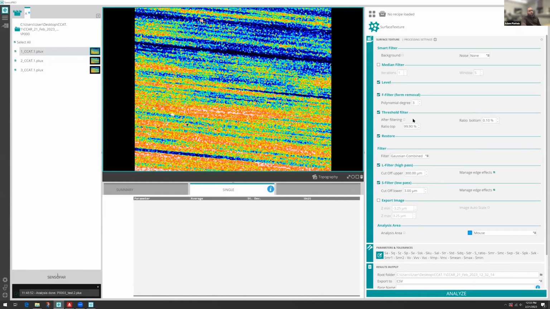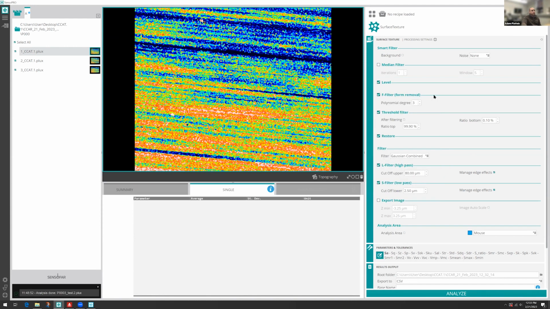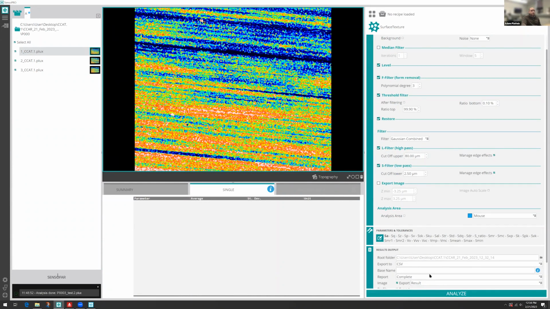And from here, you have the ability to apply any of your filtering. Maybe we'll do an 80 for the L filter and a 2.5 for the S filter, and set any of the parameters that you're looking for in the ISO. So for example, Sa tolerance could be set between 1 and 10 microns, or to whatever surface roughness value you're looking to isolate. But the point of this software is that from the initial acquisition to this final step where I hit analyze, this can be completely turnkey, where an operator simply loads a sample, calls the recipe up, and hits acquire. And then what you'll have at the end of that is a CSV report that shows you